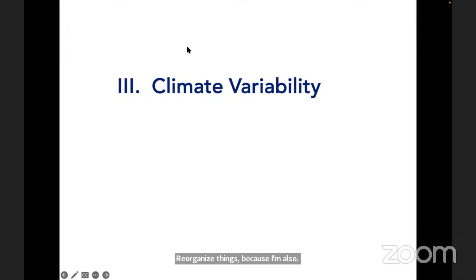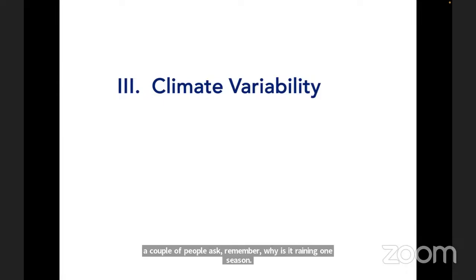Okay. Now, let's go to the case of climate variability. Climate variability is very important because a couple of people asked, remember, why is it raining one season and why is it not raining another season? Like I said earlier,